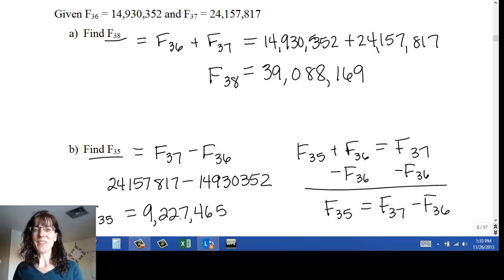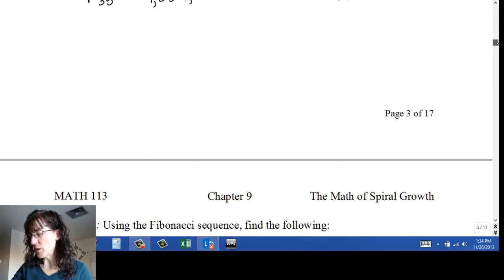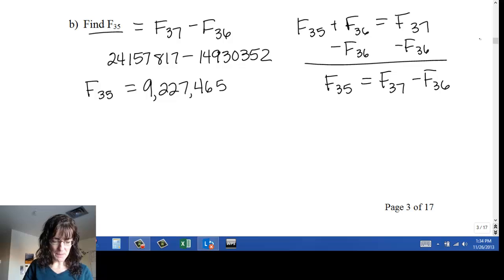We would have, in 35 months, that would be about 3 years, we would have 9 million rabbits. It's a lot of rabbits. Okay, I do want to show you this using the formula as well, just so that you've at least seen it one time. I could find F